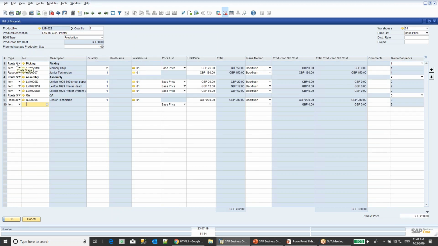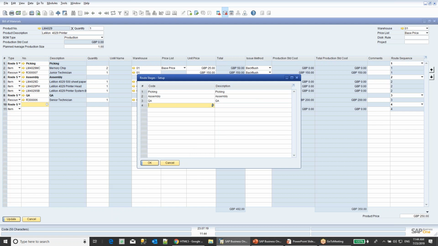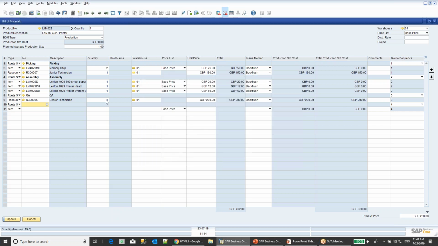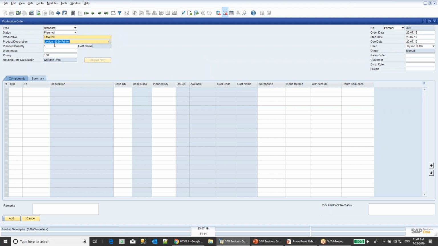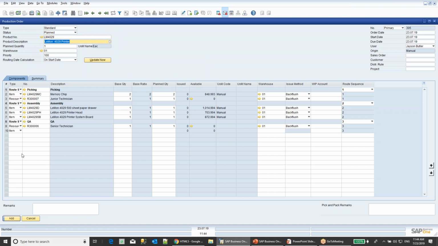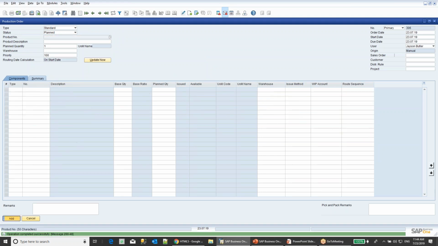Now, as you can see, I have my routing stage, where the first one is picking, assembly, and QA. Here you can choose your own routing stage, and you can create your routing directly from here. So if you have different routing in one production order, you can put them. And what will happen now if I go to my production order and choose this item, the routing will come automatically. So let me just click add here